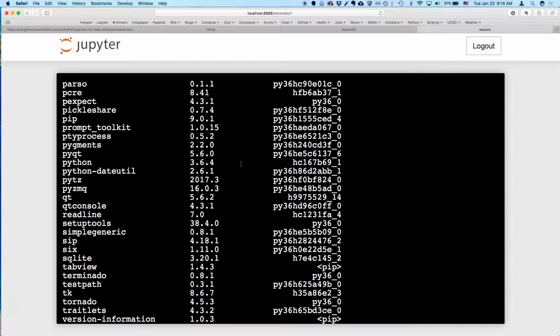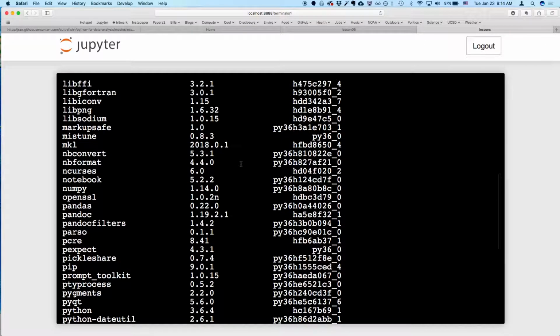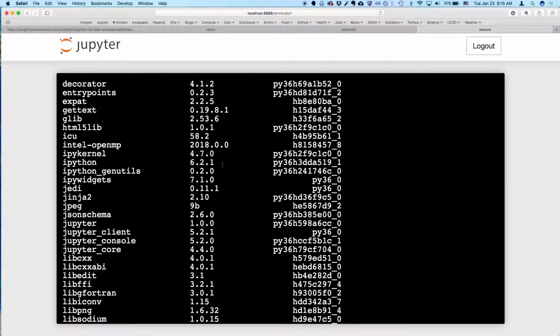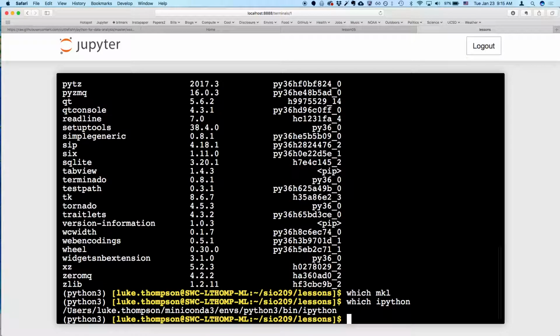So Jupyter, we could do which IPython. Yeah, so IPython is an executable. So that's one that we can type from the command line and do something with. So these are all going to be stored in the bin of this environment. So if you had installed Jupyter from somewhere else, if you weren't in this virtual environment or in any virtual environment, it will get installed in, I believe, let's just do